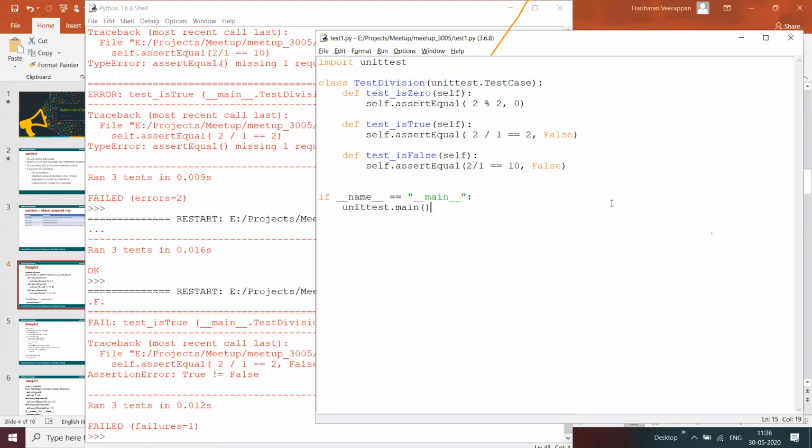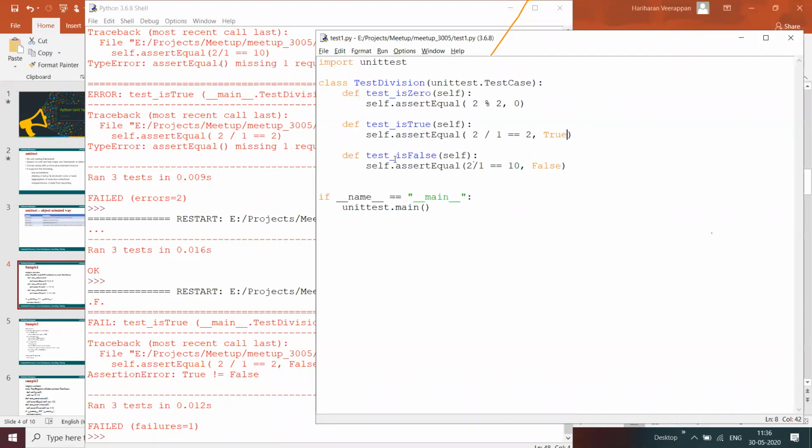Is this fine? How are we going to create the test cases? For example, this test division currently has 3 test cases: test is 0, test is true, and test is false. 2 divided by 1 equals 2 is true or not, that we are checking.